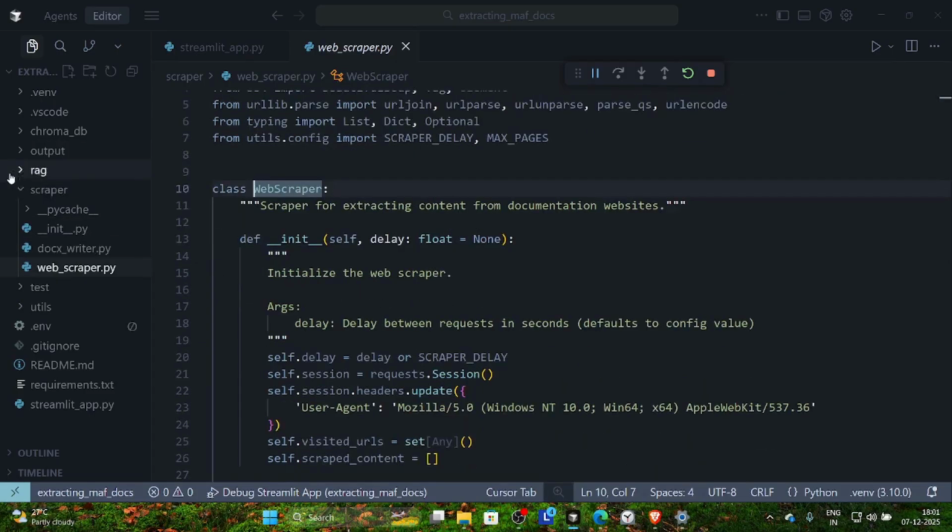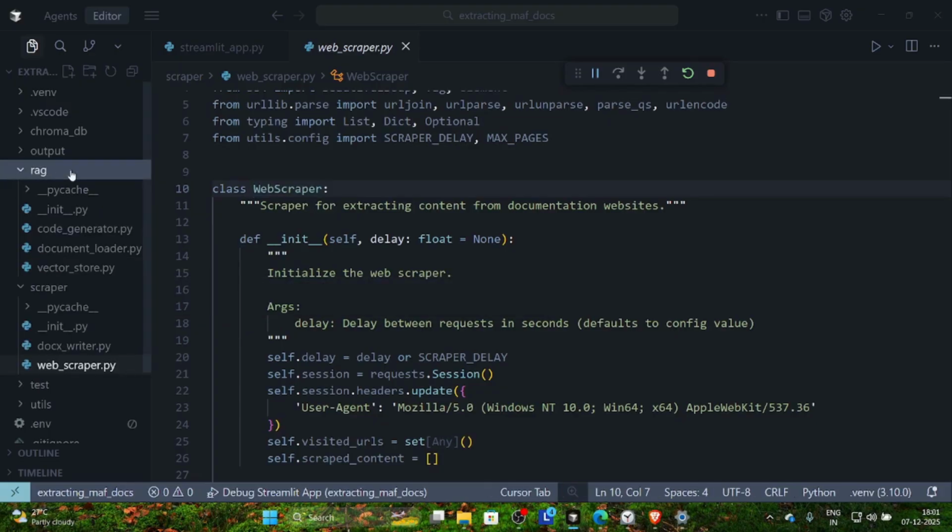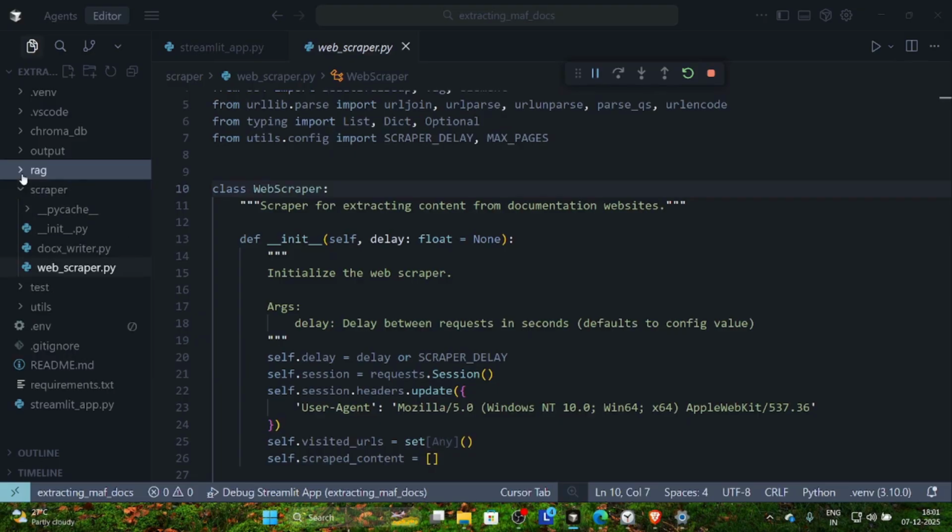So here is our project structure. In this folder, the scraping part was there, here was the indexing part, and code generation was the RAG part here. First, we go to scrap. I'm not going to explain more about scrap, guys, which this video is about RAG. So